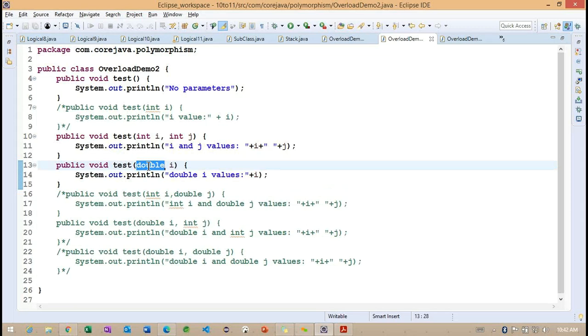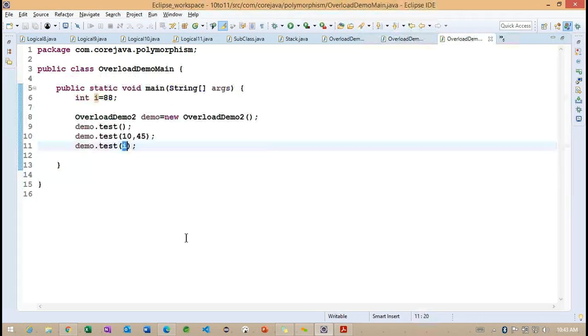Compared to double, integer takes less space. Because of this, we don't need to write explicit typecasting like double. Internally, the same method is going to execute.